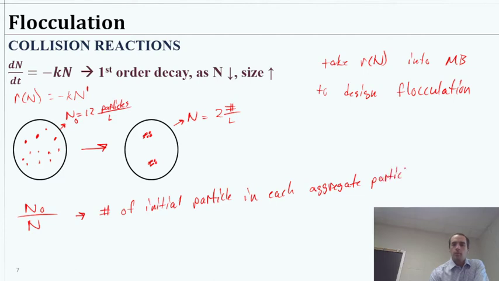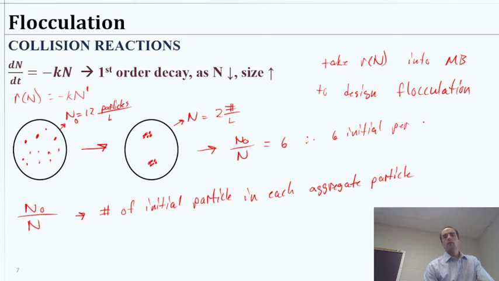Aggregate particle. So we're still going to treat them both as particles, but I'm saying aggregate just to convey that it has a bunch of them stuck together now. And this works, even though this is concentrations, because it's the same denominator, right? So liters and liters. So in this case, we initially had 12 and now we have 2. That means n naught over n is equal to 6. So therefore, there are 6 initial